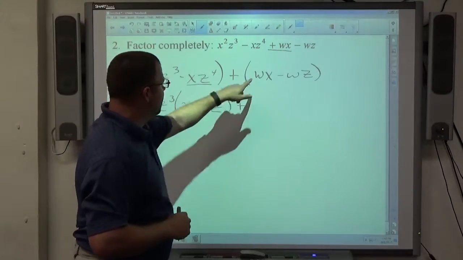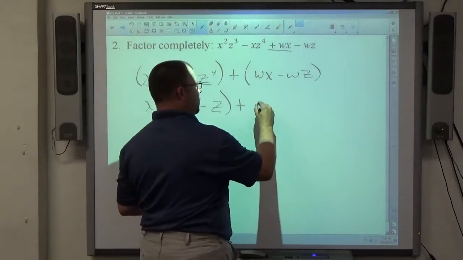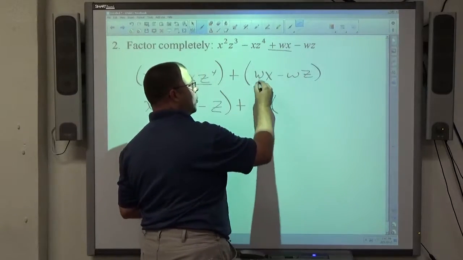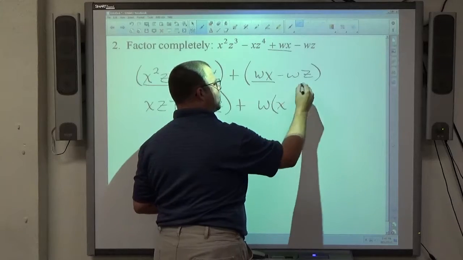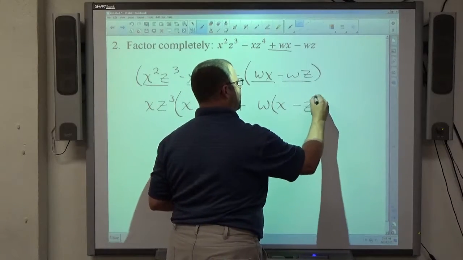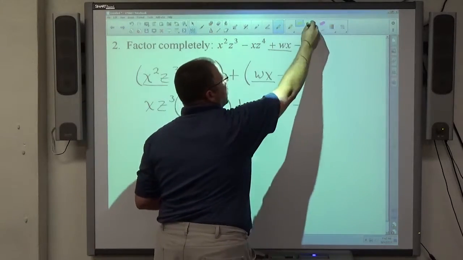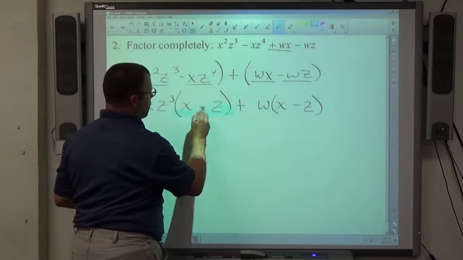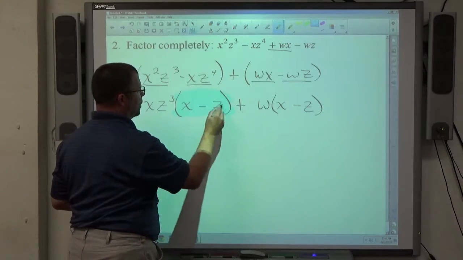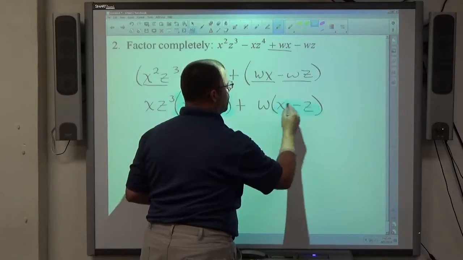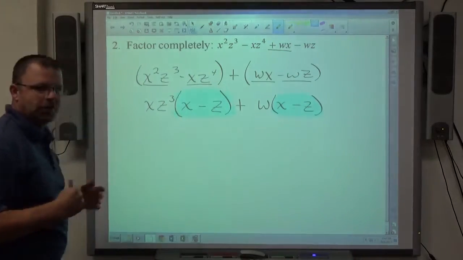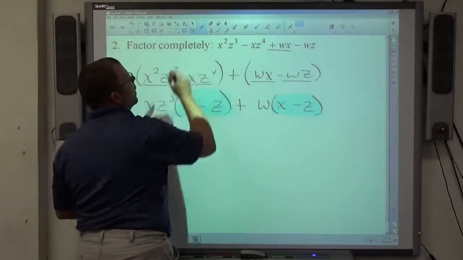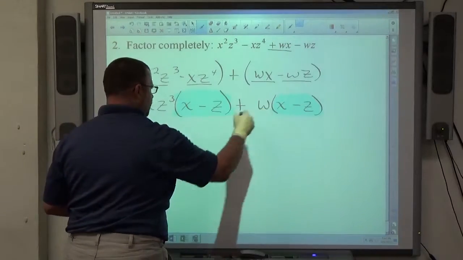In the second group, we have a w in both terms, so I take a w out. If I take a w out of both terms, what's left from this will be x, what's left from this will be minus z. And when factor by grouping works properly, the binomial that's left here and here should be exactly the same. You should expect that to happen on the actual quiz. So once you see that those are the same,